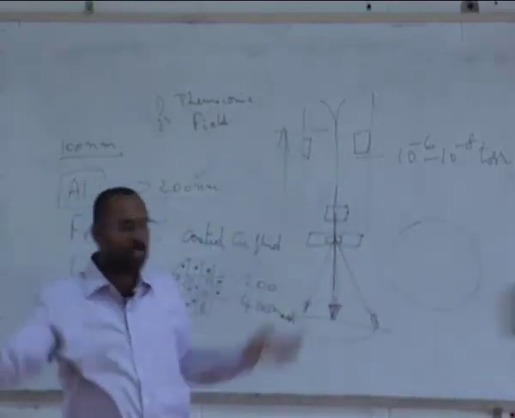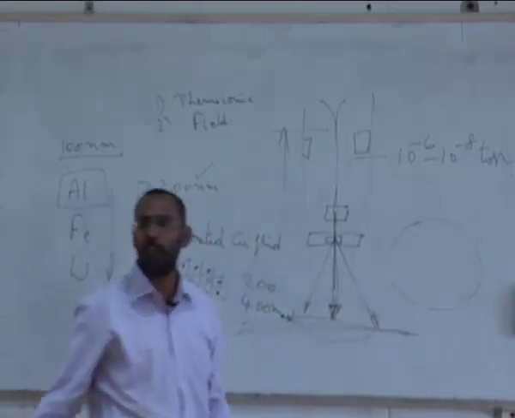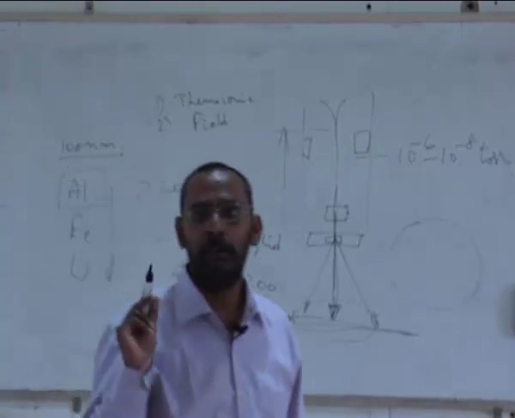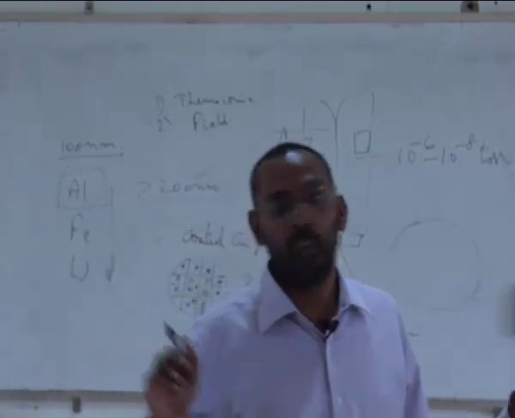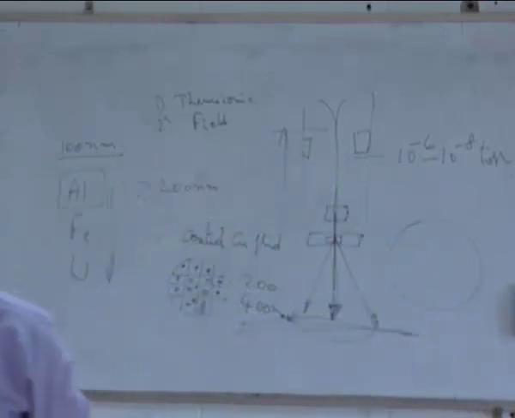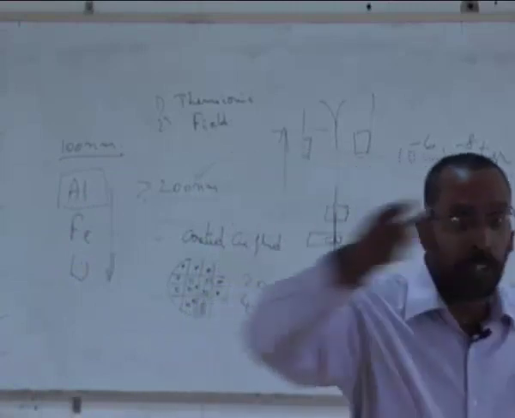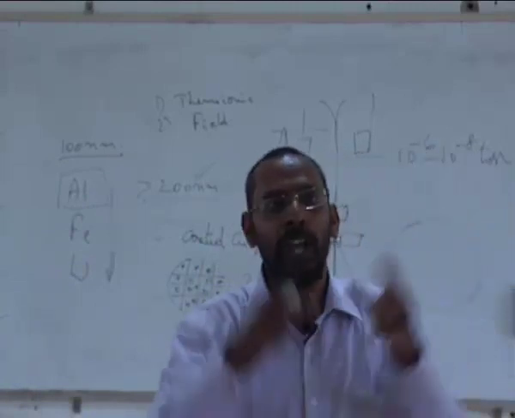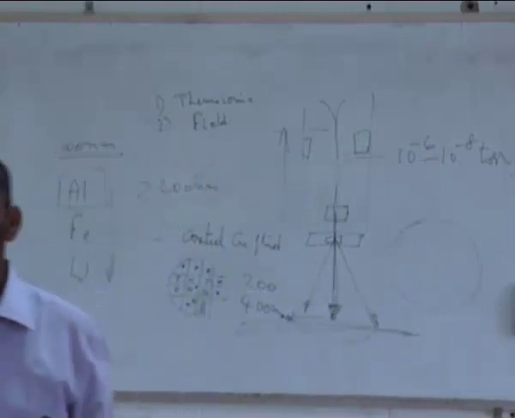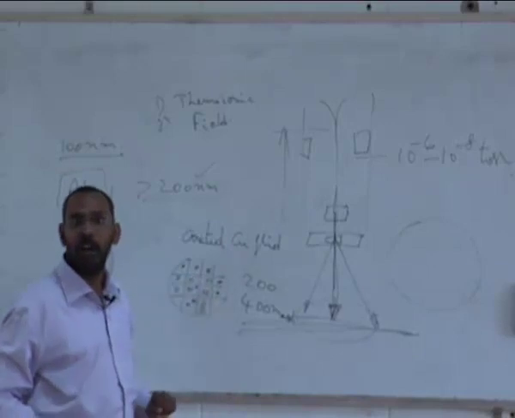If I collect all these diffracted beams onto a screen, which is here, what is called a photosensitive screen, whenever a beam hits a screen, what do you see? You see a spot. So you will have a kind of a rangoli there. If you have ever seen rangoli, spots, spotty, spotty. And if you observe how these spots are arranged, from the arrangement of these spots I can understand what the crystal structure is.